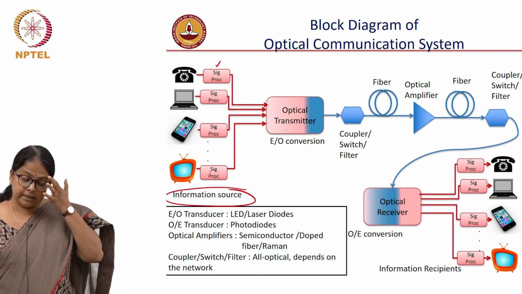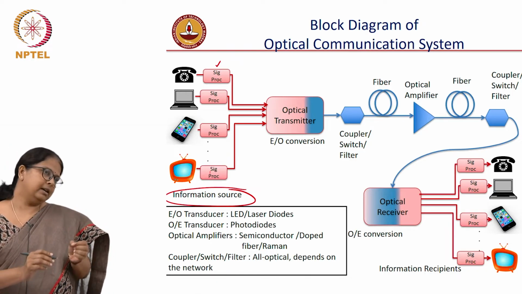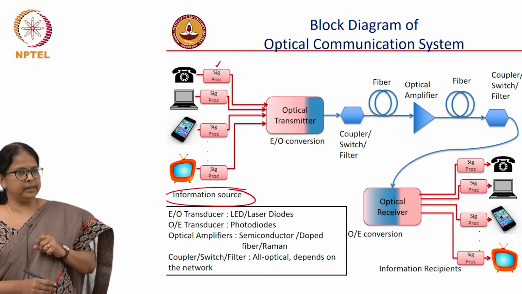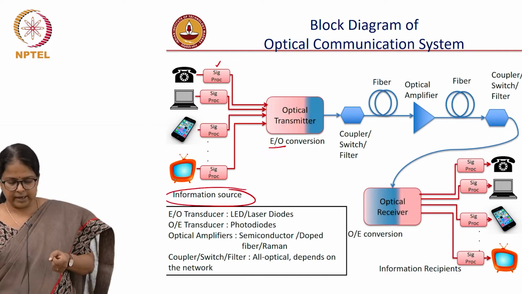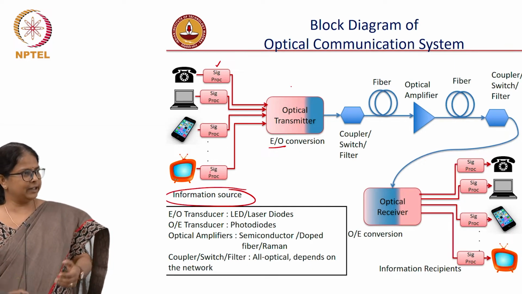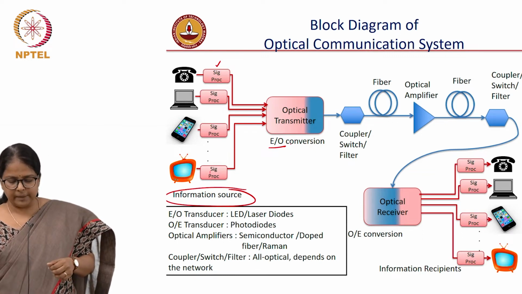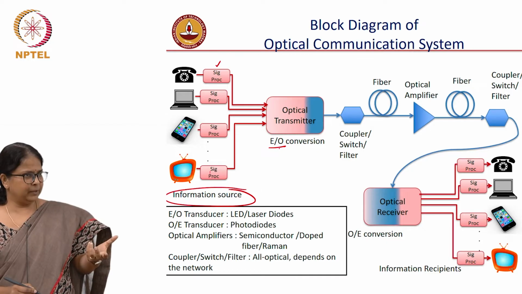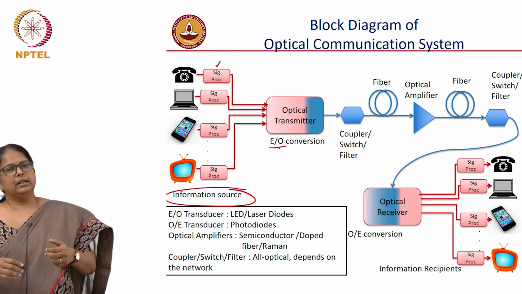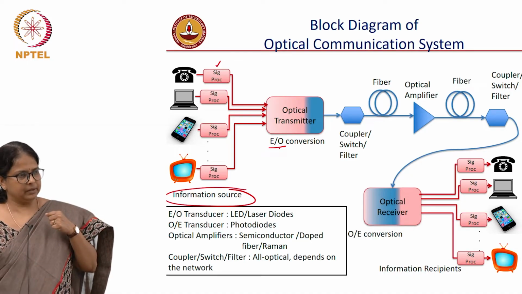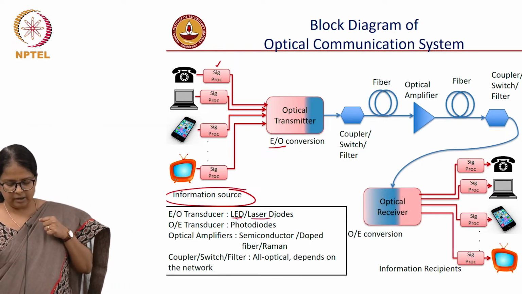But in general, we say that the source of information now needs to get converted from the electrical domain to the optical domain. So there is an electrical to optical conversion that is happening. The red is indicative that the signal is in the electrical domain, blue is indicative that the signal is in the optical domain. Now electrical to optical conversion is essentially a transducer which converts electrical signal to an optical signal without generating its own distortion, okay. And typically the transducers used are either LEDs or laser diodes,